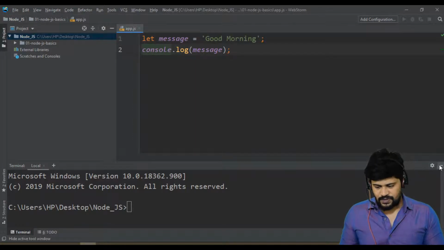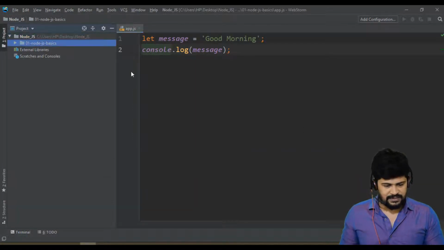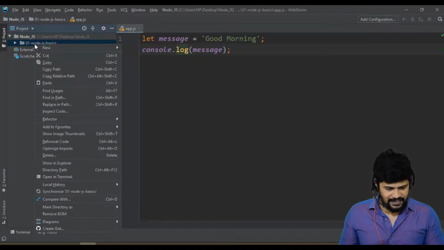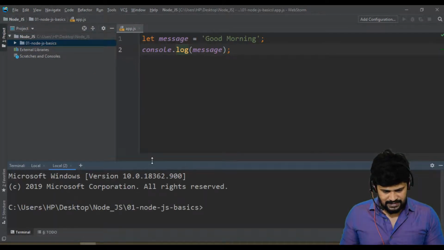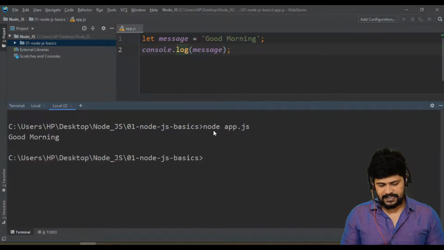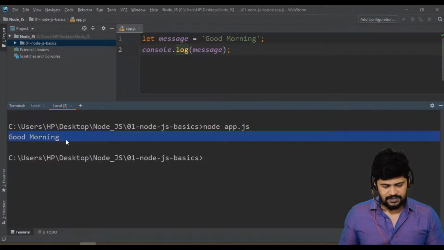If you want to open this folder in the terminal, just right click, open in terminal. Here I'm in the 01 folder, so node space app.js, and press enter. You get the message good morning.